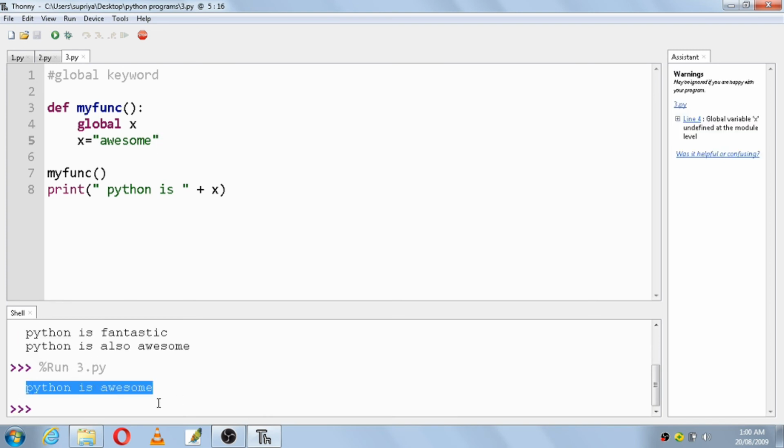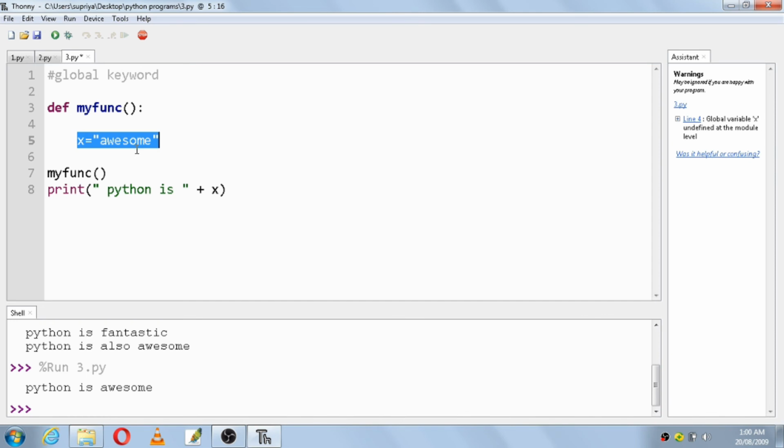You can see the output. What is the output here? Python is awesome. You got the output because you have declared x as global and it was visible outside also. Now if I remove the statement, that is global x, then this x is now considered as local. Local means it is not visible outside this function.